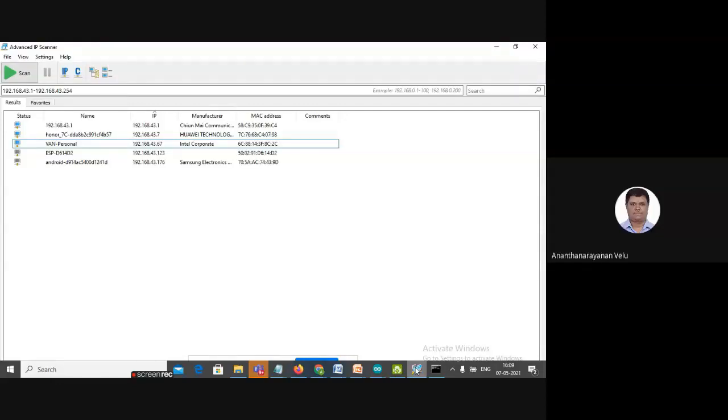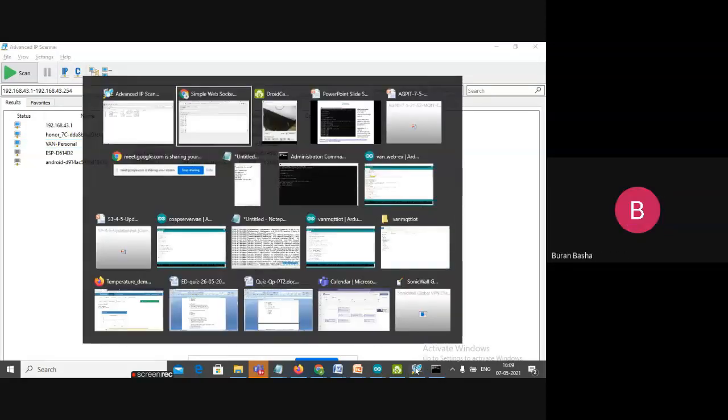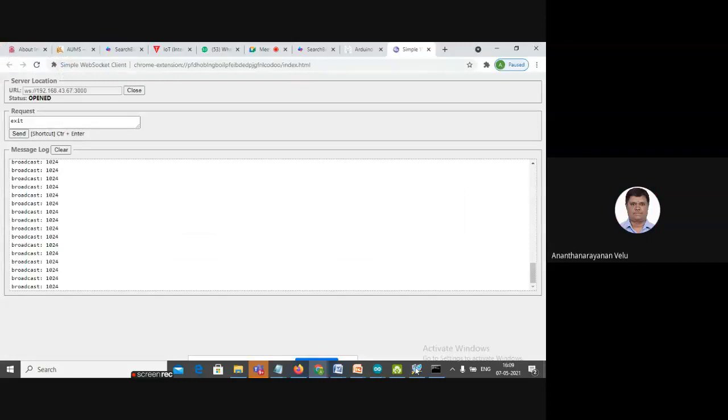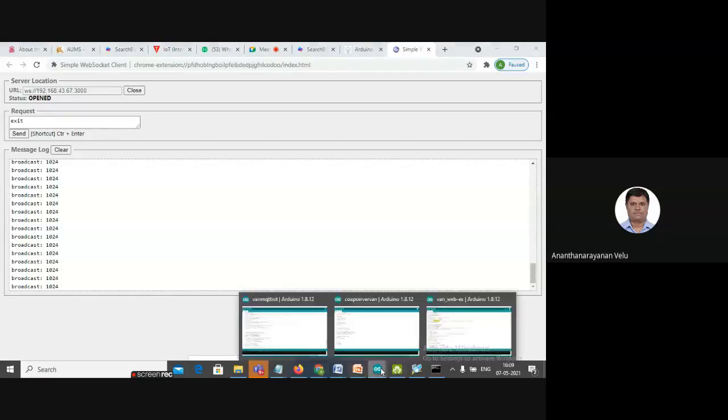Suppose you are running a server in a Raspberry Pi, what will you do? You have to give the IP address of your Raspberry Pi. So whatever the device where you are running the WebSocket server has to be mentioned here. So this server location has to be properly labeled with the IP address or the host name in which the WebSocket server is running.